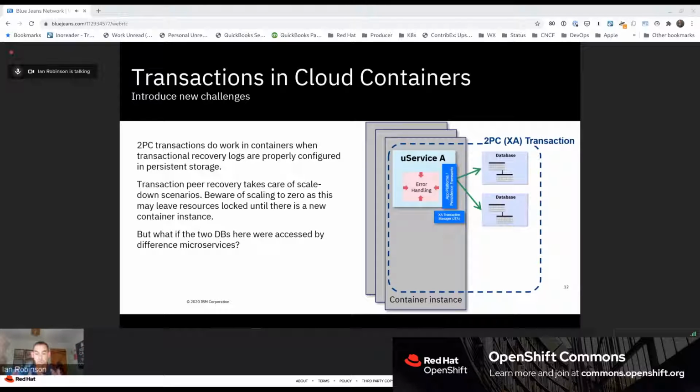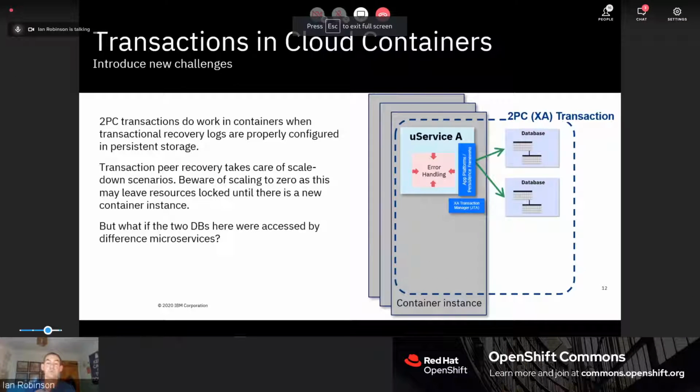So you've got a microservice, it's running in a container. In this particular case, it is accessing multiple backend, I've drawn it as databases here. And that works because the microservice itself is running in a single container. And when you're running in a single container, you're not distributing transaction between multiple containers. That's completely recoverable. Even as you scale instances of that container up and down, peer recovery can take care of that. And the transaction model works so long as you don't span it across multiple container instances.